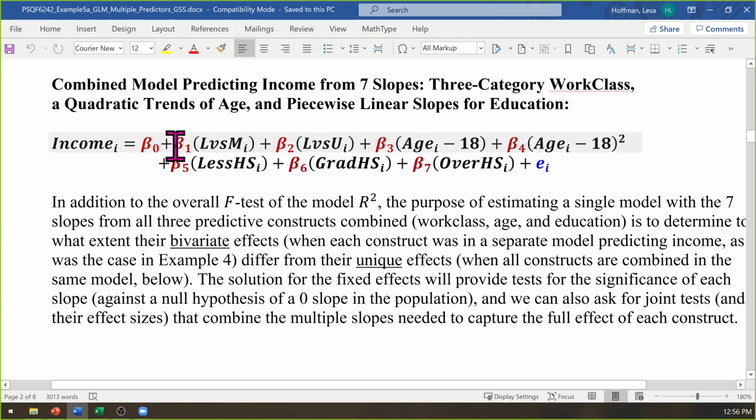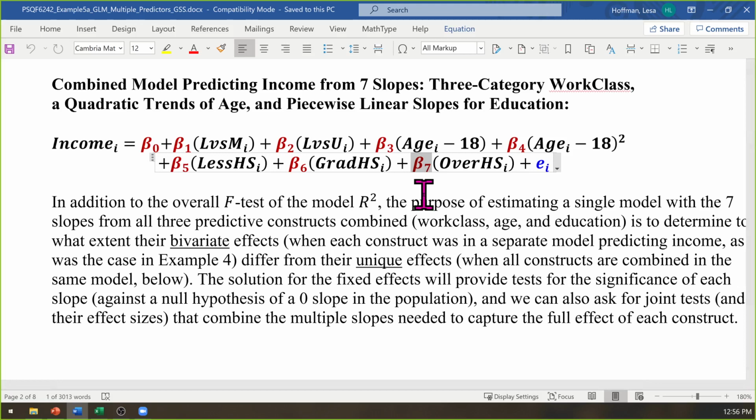So then conceptually, how many slopes do I have in this model here? How many distinct slopes am I asking it to estimate? Seven. You know an easy way to know? Look at the highest number for the beta. It goes up to 7. Because beta 0 is the intercept, doesn't count. So I've got 7 slopes.